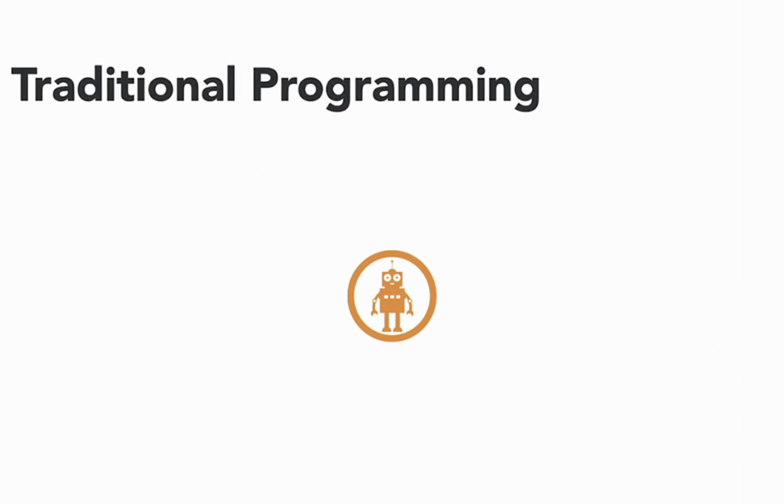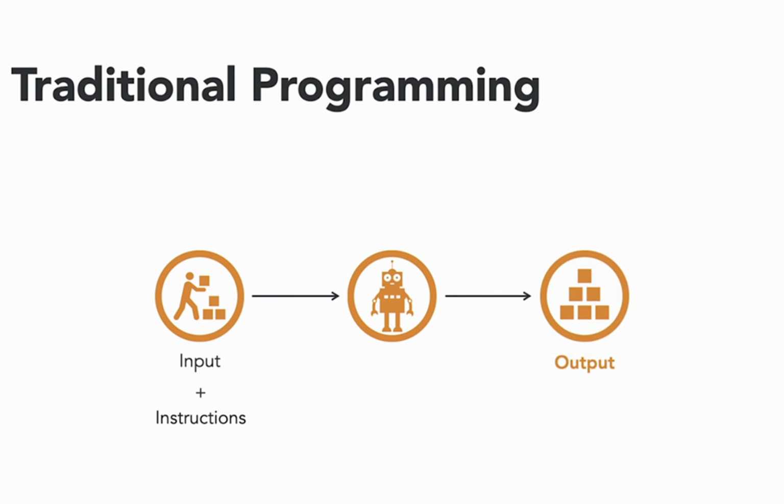Computers, machines, are very good at performing repetitive tasks quickly and precisely. If we think of a computer as an assistant, which helps us accomplish rigorous and sometimes mundane tasks, then the traditional way of interacting with a computer is to provide it with two things. The first is some sort of data or task as input. The second is a set of instructions on what to do with the data or instructions on how to accomplish the task. The computer then follows the instructions and provides us with output or the result of the task.